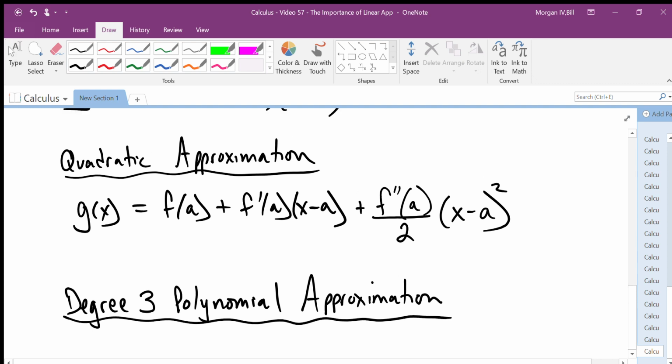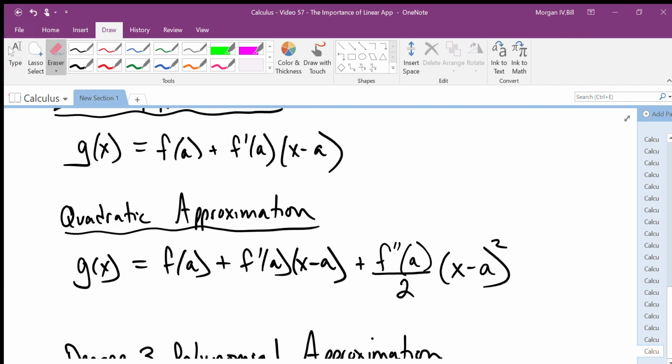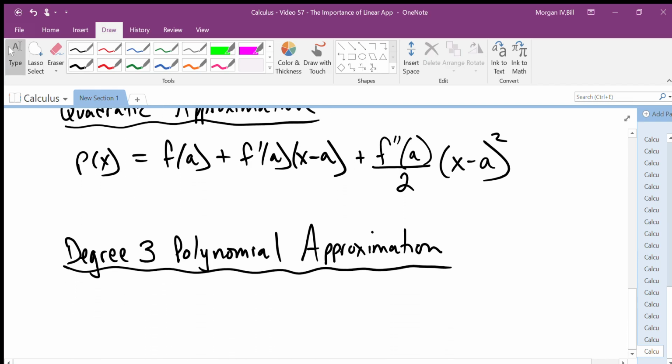If I was thinking, instead of g of x, I may have used p of x to represent polynomial here. I'm going ahead and switch mine. Polynomial function in terms of x. Degree 3 polynomial approximation, p of x is equal to, same thing it was for the quadratic, f of a